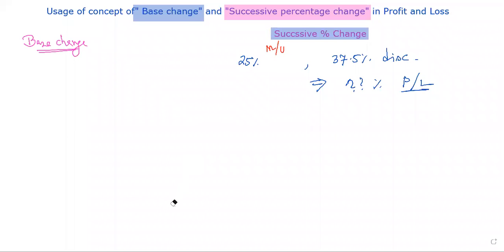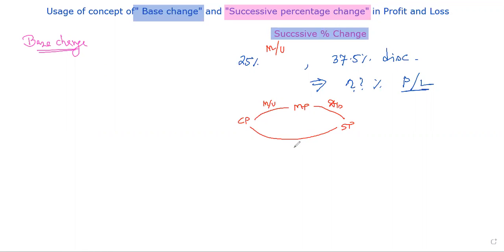In this problem, it has been mentioned that a 25% markup is given on the cost price, then a 37.5% discount has been offered, and we need to find the net profit or loss. Now, it is nothing but cost price to markup price, a percentage change which is giving markup, and from here discount it is reaching to sale price, and cost price to sale price, percentage profit or loss, the net percentage change.